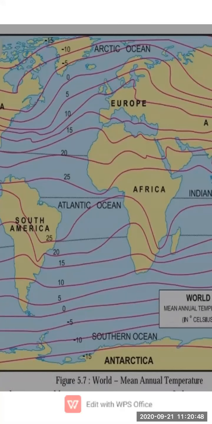In the northern hemisphere, it deviates from the north-south. Can you observe how this line is? It is not the same. It is not straight like in the southern hemisphere. It deviates from the north and south considerably.